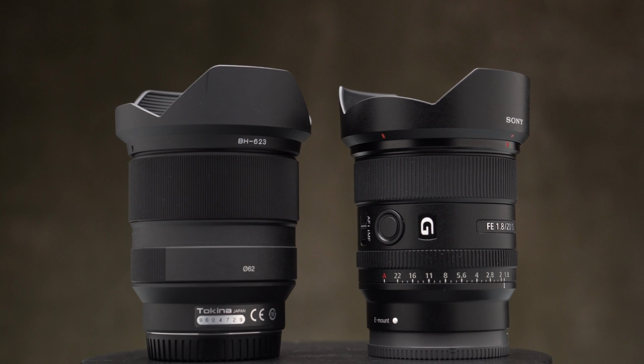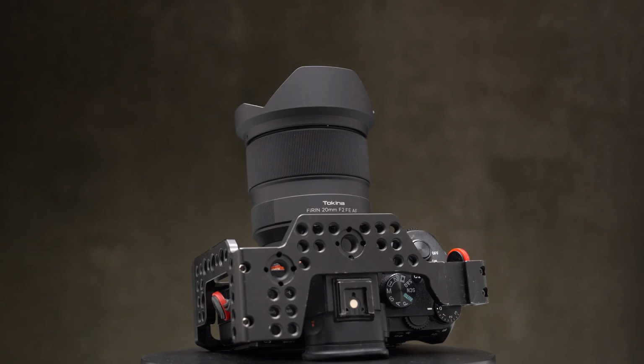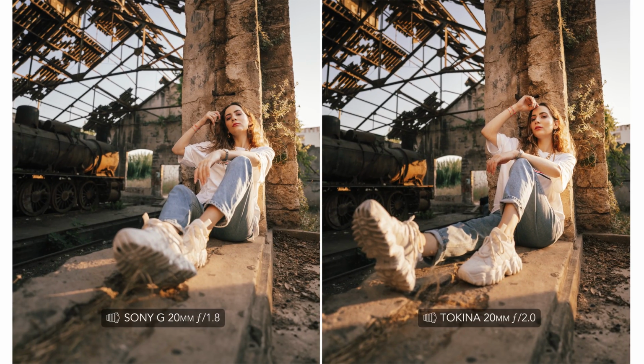I hope this video helped in making your decision. And if you're asking my opinion, both lenses are great for the retail value. And besides the autofocus noise in Tokina, the image quality is really good. Let's say very similar to the Sony in real world. So consider that as well. Now check your budget and think how much you will use a prime 20mm lens. Personally, I might use it in astrophotography, in videos, and probably in stills,